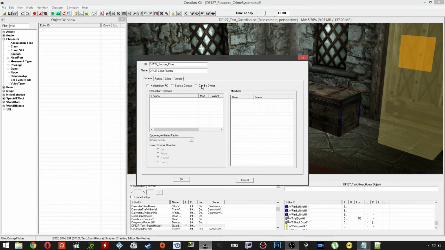Now under general, you want to click can be owner. And as for interfaction relations, you're probably going to want to add werewolves and vampires. I'm just going to put werewolves just to show you how to add one, and you can put whatever other factions in. So these are going to be factions that you're just automatically going to be enemies of, and you want to